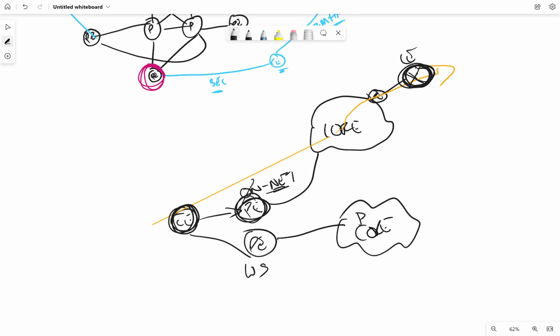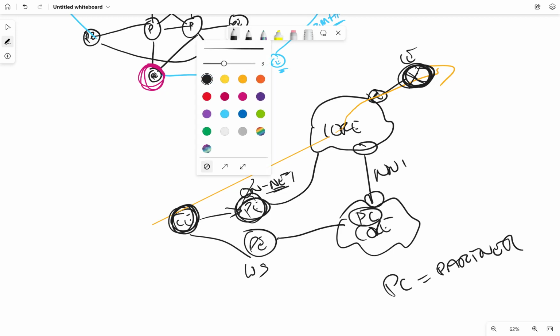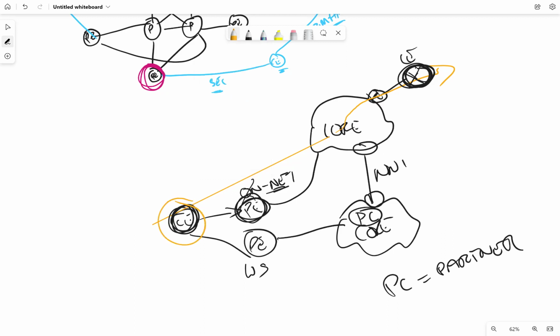So partner core, PC equals partner core, right? And partner core has some sort of link or NNI, network to network interconnect. And you can see here that in order to accommodate or facilitate for that traffic flow, if this CE wants